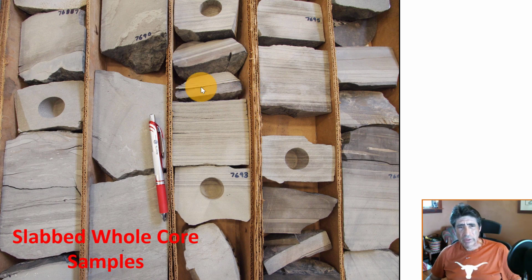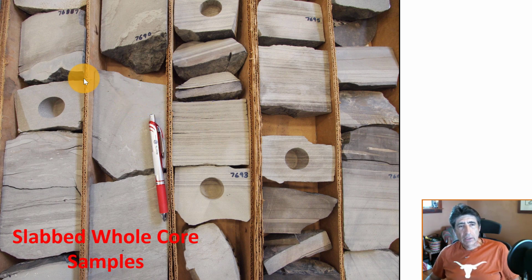The example that I'm showing here, which is a pizza box that has several samples here, is several cylinders, is that the diameter of these samples is 3 inches, 3 inches of diameter. And then the rocks initially were cylinders, but then they were slabbed, cut, so that they expose a flat portion of the rock. If you turn these rocks upside down, you will see the cylindrical side on the other side that we don't see here.